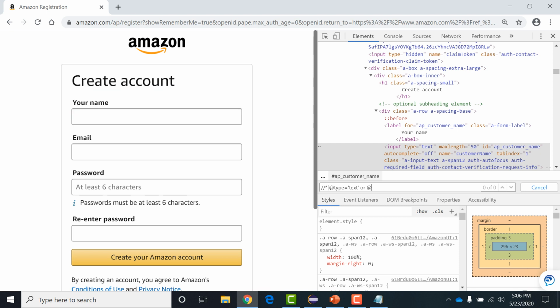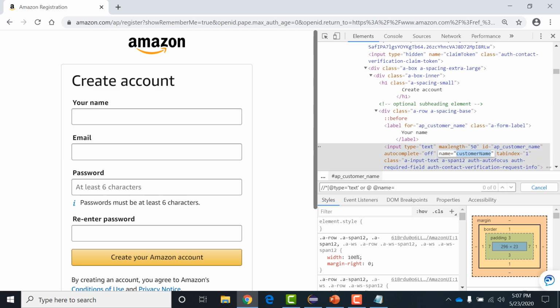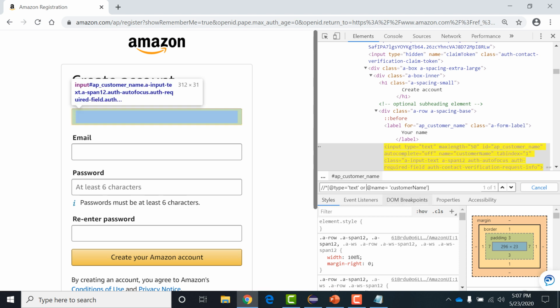So I am providing the second option as @name is equal to customer name. Now it is identifying this first element.